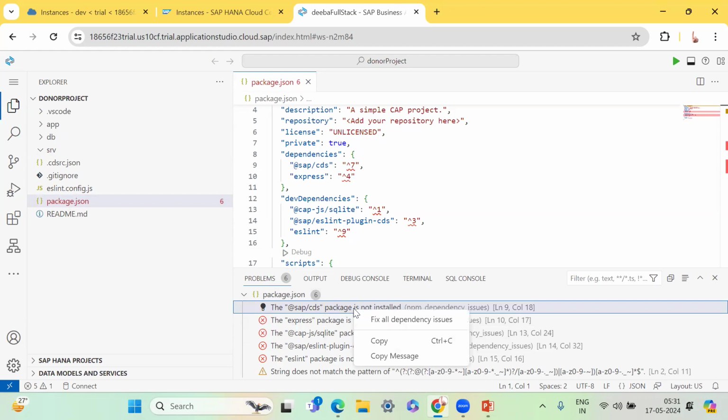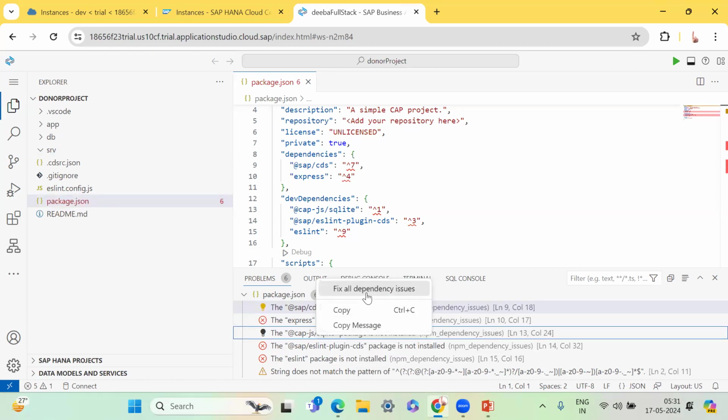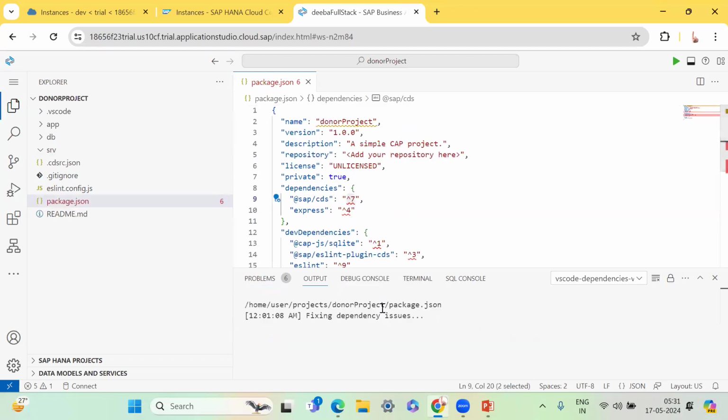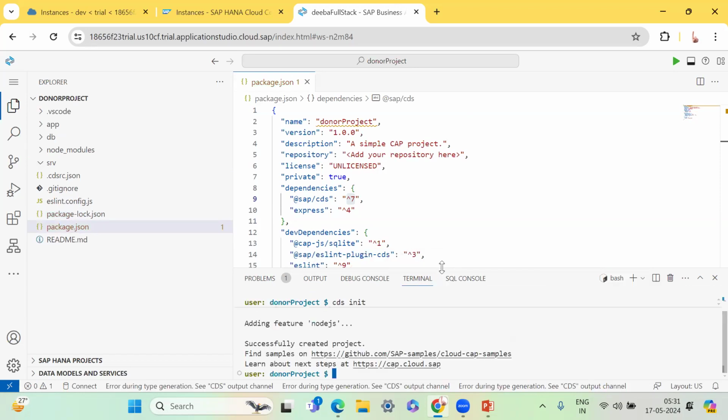So you can right click on it, and you see those things that require installation. Then you can just right click and do the fix all dependency issues. Once you do that, these problems are gone, and now you can go back to your terminal and